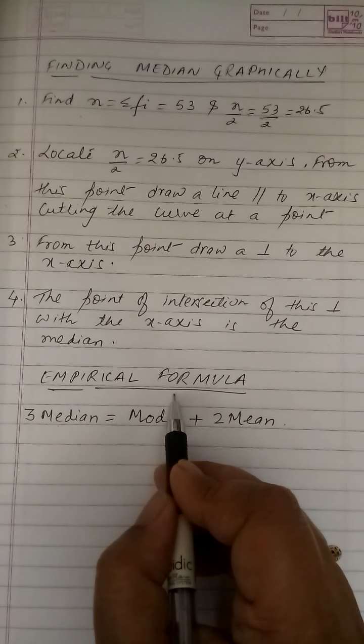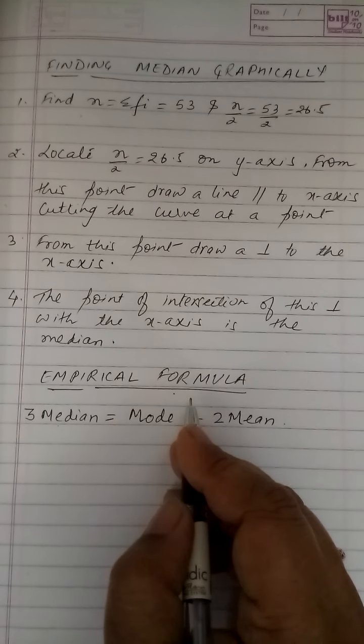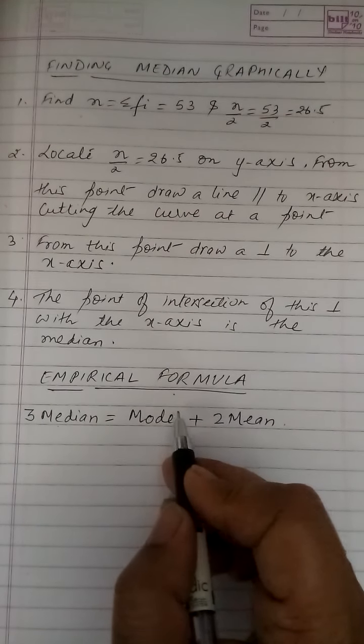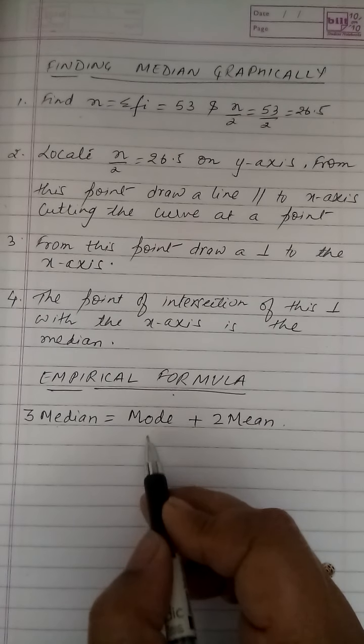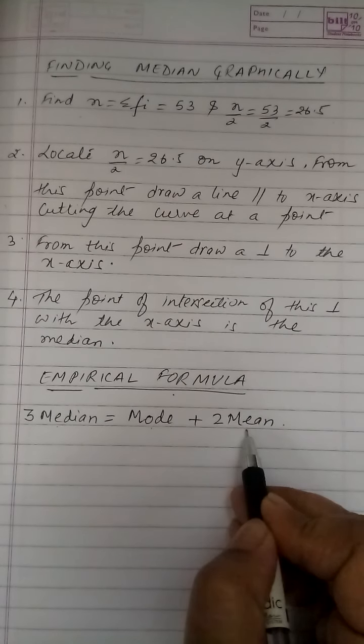What I mean to say is I'll give you data and I'll ask you to find the mean, median and mode, all the three from the same data. Now you can use the empirical formula in this kind of question. Suppose between mean, median and mode, you find median calculation difficult. So do not find the median. From your table, find out mean, find out mode, and then find the median through this formula by replacing the values of mode and mean over here.